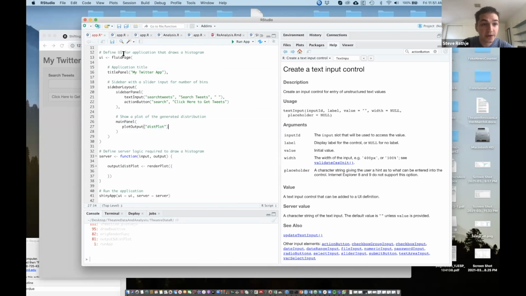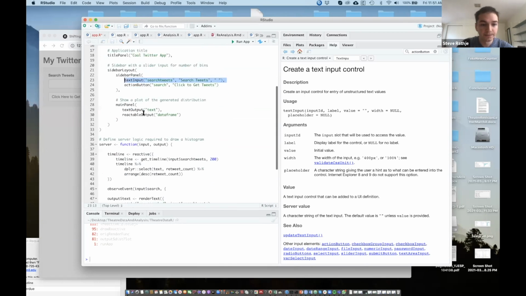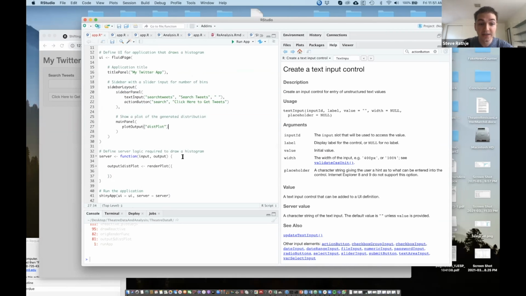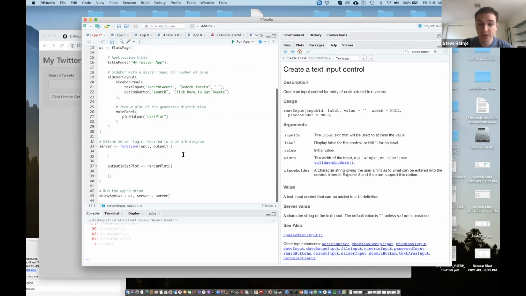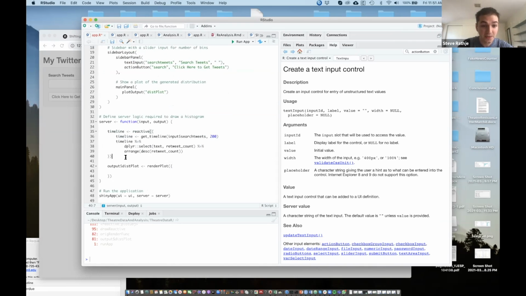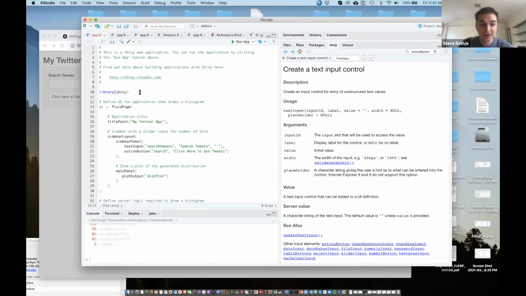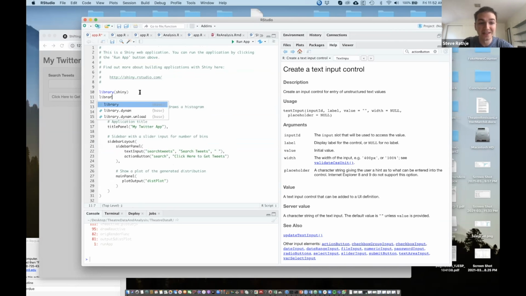I'm going to skip a few steps here for the sake of time. But on the server side of the app, you can create something called reactive functions. These are functions that react to the input that you're entering. So here is a reactive function I wrote that uses the Twitter API, which I'm not going to go into